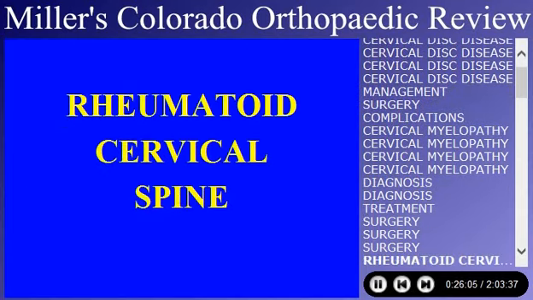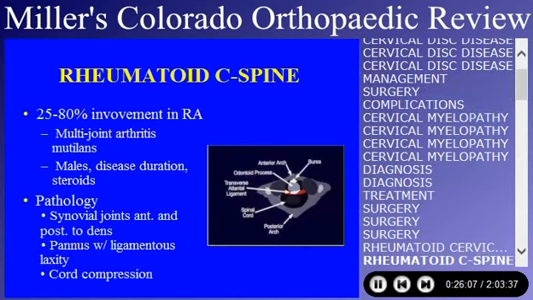Look for a minute at the rheumatoid cervical spine. The cervical spine is involved in 25 to 80% of patients with rheumatoid arthritis. And the wide variation really depends, I think, in the literature on how they selected their patients. If it's an ambulatory population, it's going to be less than if it's somebody who's in the hospital for a